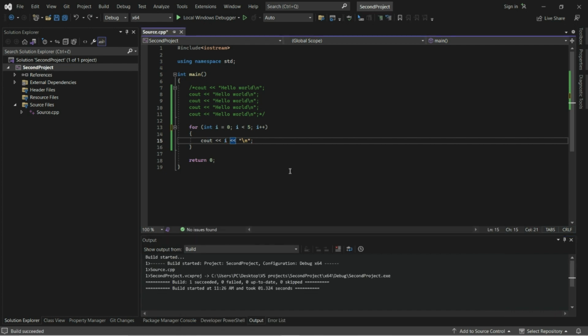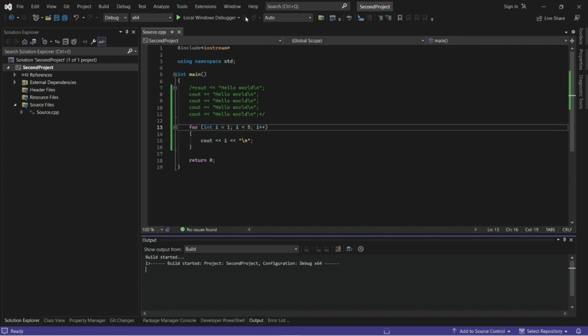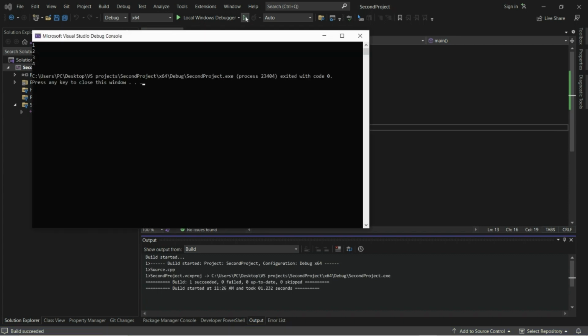Initial value of variable in for loop doesn't have to be 0. It can be any number. For example, 1. And when I run this code, for loop is executed 4 times.